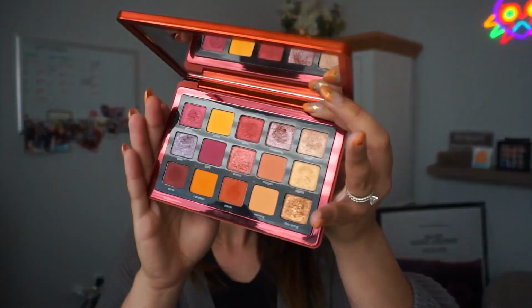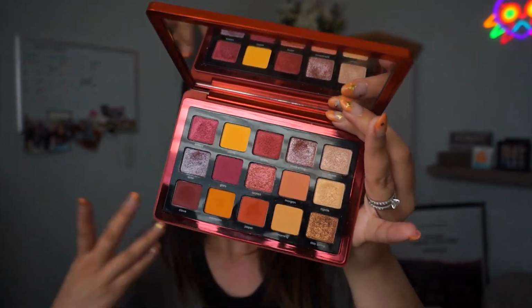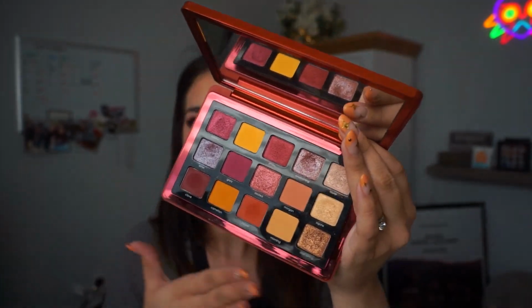Neither here nor there, but this was actually the next palette on my list. This is the Sunrise palette by Natasha Denona. This was a really beautiful one for June, I thought. As we get into the summer months, I just really wanted to wear these kinds of shades